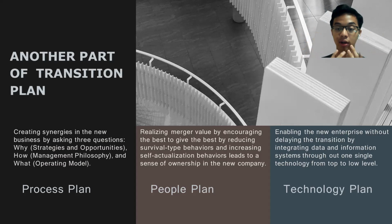Why we should create these synergies. Why we should achieve the strategies, why to implement the strategies, what kind of opportunities we can achieve in the short term or in the long run and so on. And how to create an equal vision in everyone's minds in those single entities, about management philosophy. So how we can achieve it by a similar vision of all the